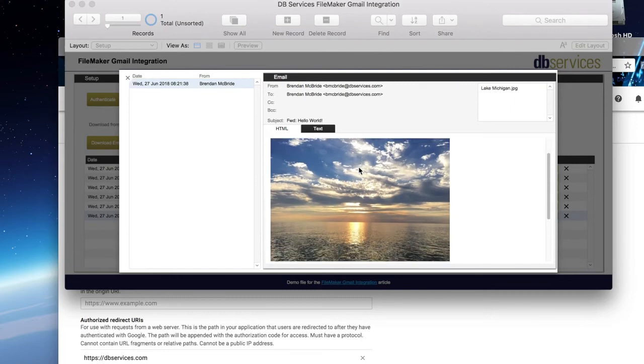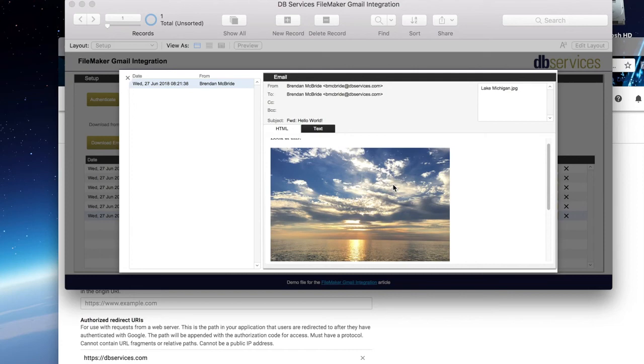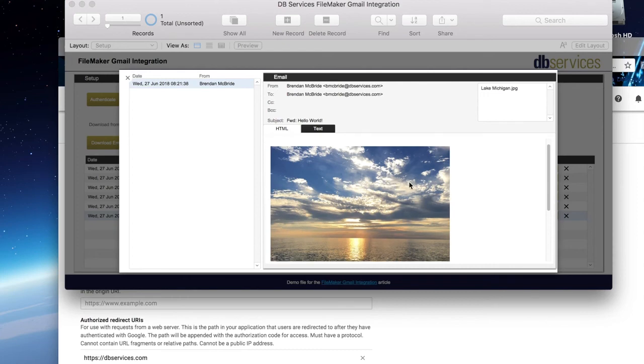Then the last thing I did want to mention is the images. If there is an inline image in the email, meaning the image is just embedded inside of the email itself, not just a pure attachment, if you want that to show inside of FileMaker, you'll have to do a little bit of substitution in the HTML text that you get, because it has a direct link, a source pointing to an address, but once you're outside of Gmail, that link is broken.